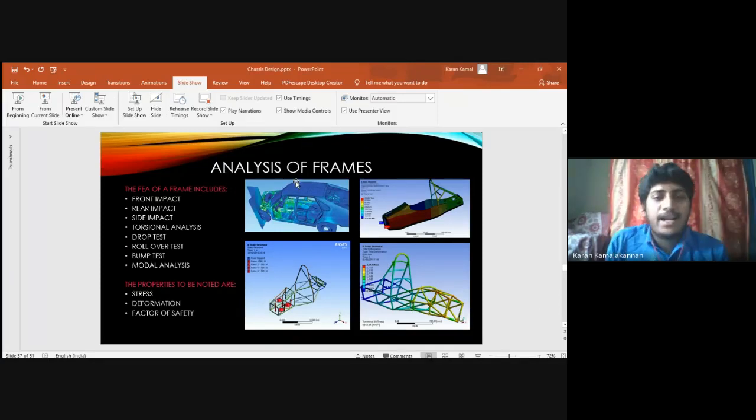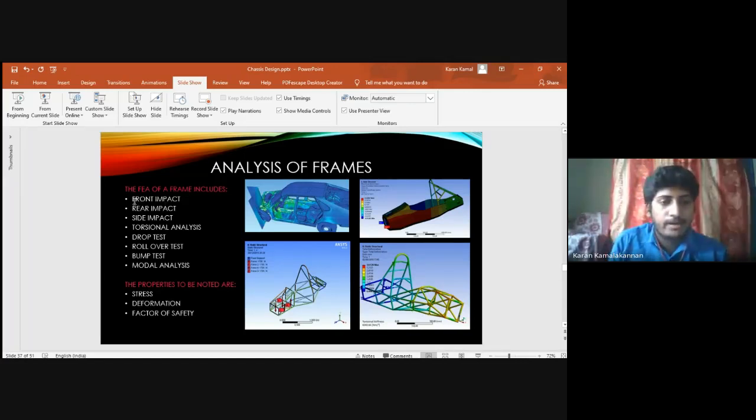Next goes the analysis of the frame. We will be having the finite element analysis. We will be modeling. You can see, right from the first photo, this is the crash test. This is the test for a monocoque frame, and these are the loading conditions for a torsional test. This is a twisting deformation model. Okay, these are some of the frames, and we will be having the FE of the frame.